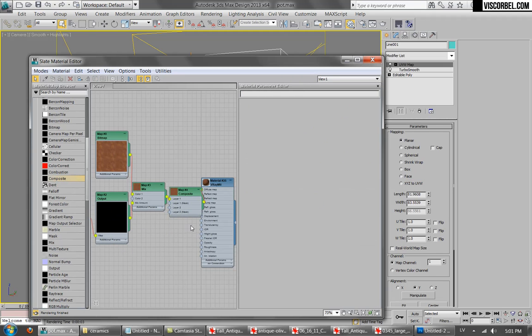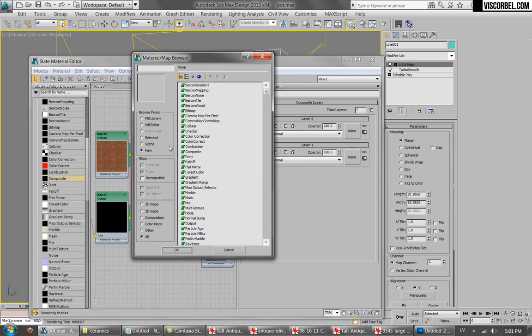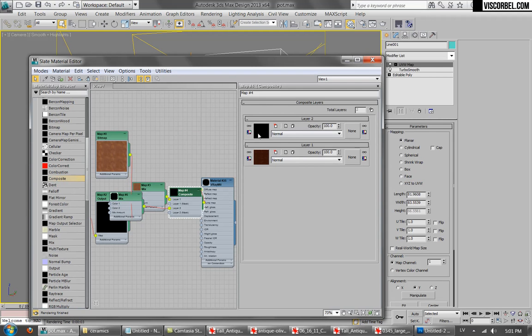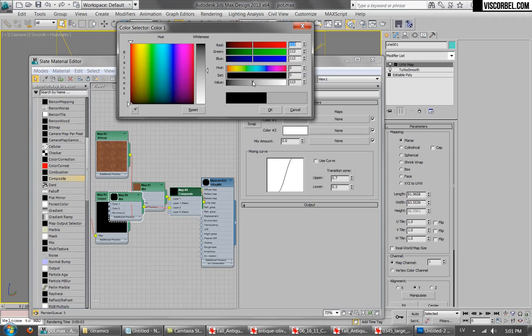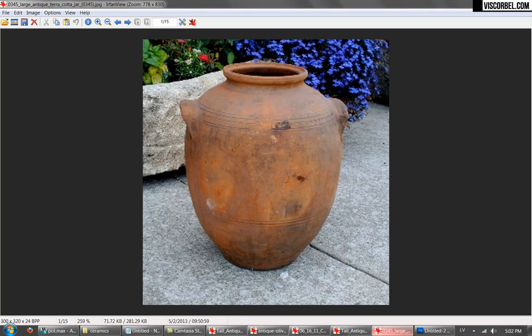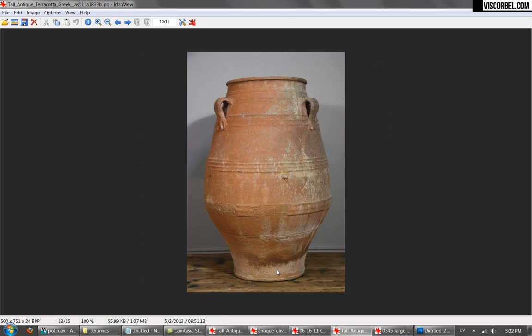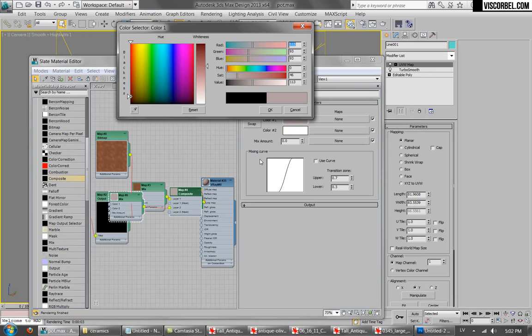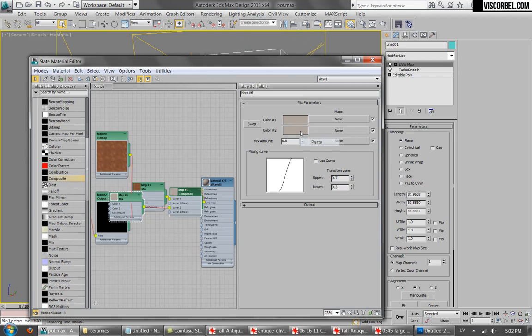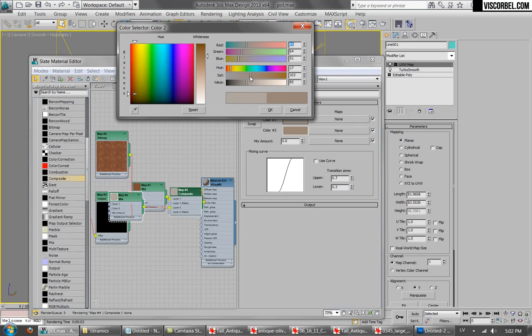Okay, let's go back. Let's set up a mix with two whitish colors, something like you can see in this area here. So beige, whitish, okay, like that. Copy, paste, make a bit different,